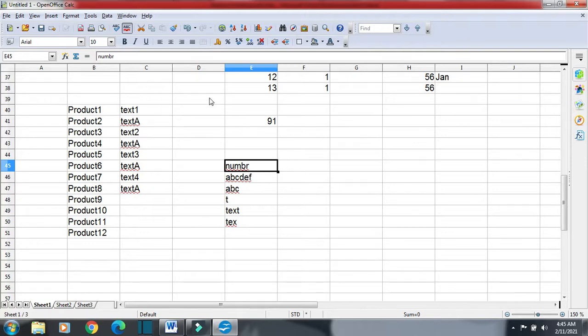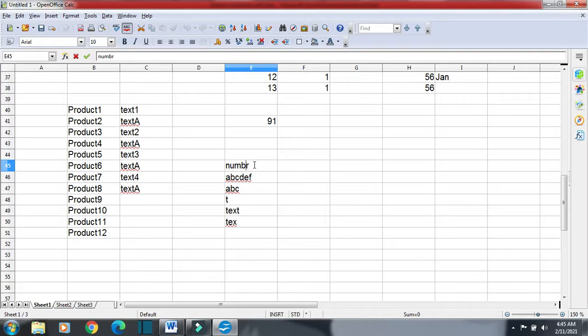For this, either I can click here in the formula bar and then I can just put the letter E, and then click here. Or I can go here and double click.